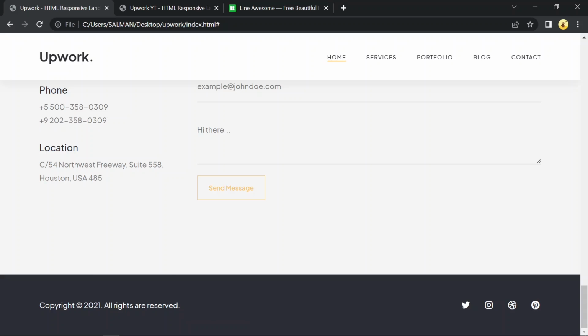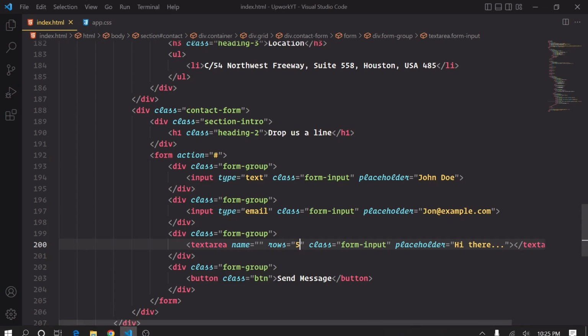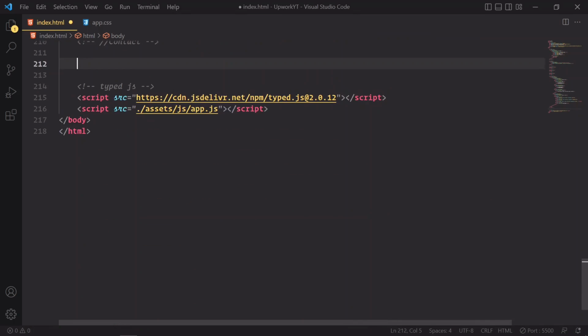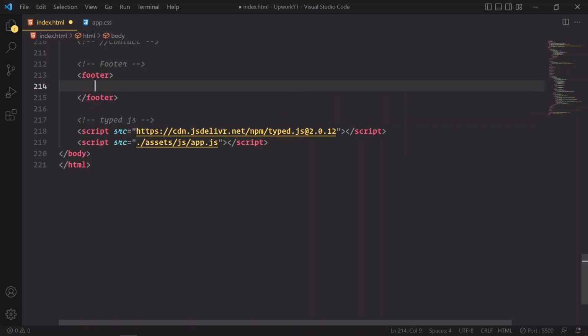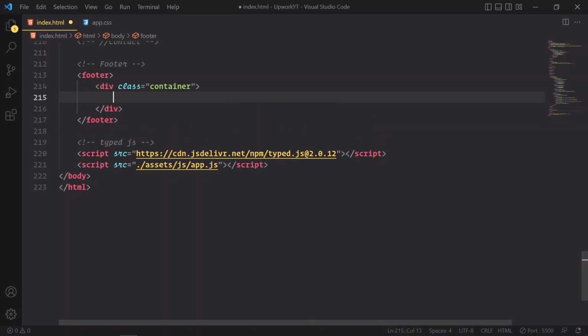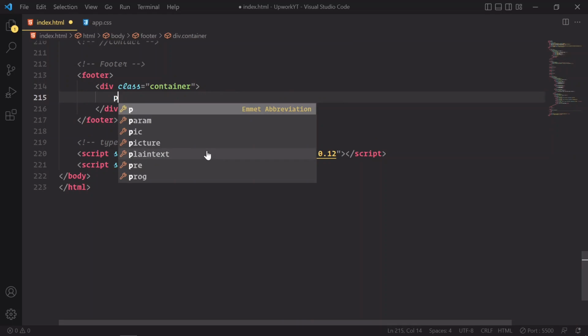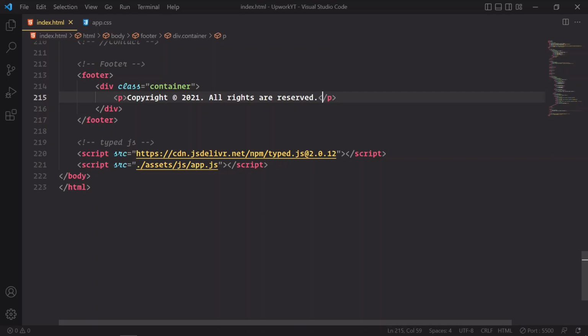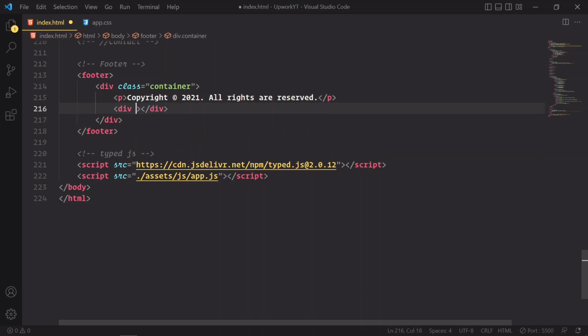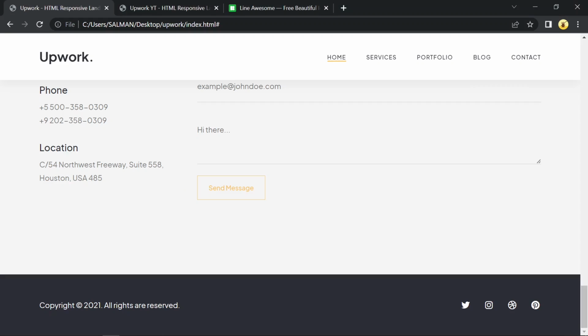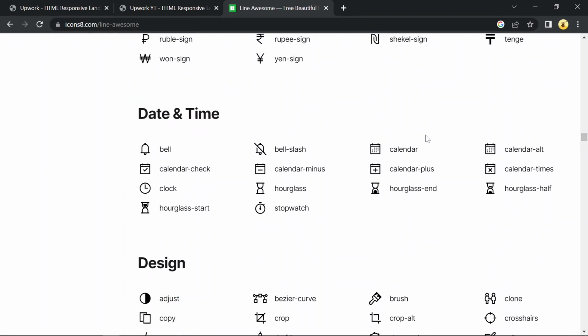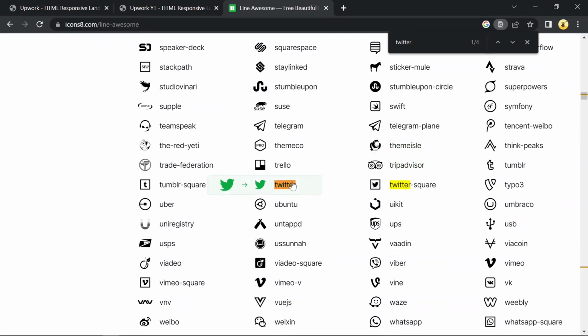So I'm going to design the footer. So I'm going to copy the text. So here I'm going to create a footer. I'm going to create a container class, and here I'm going to put paragraph, and I'm going to create another div. I'm going to give a class social icons. I'm going to visit the Font Awesome website, and I'm going to search for Twitter. So I'm going to copy this,